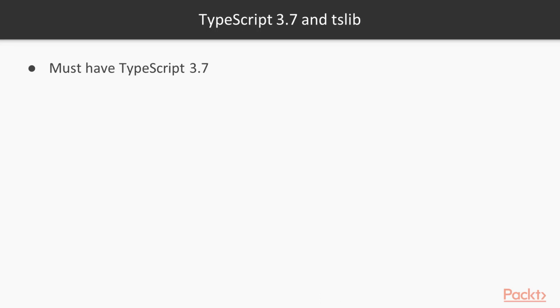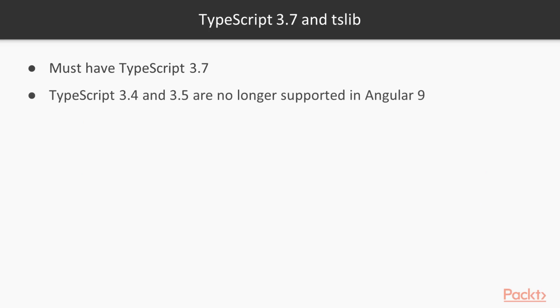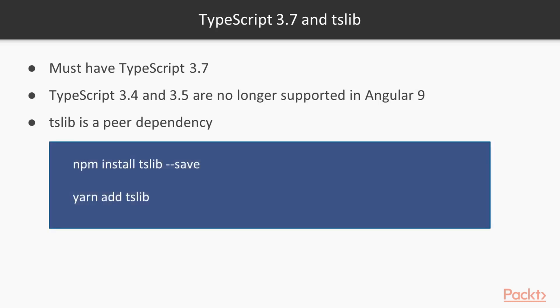So TypeScript 3.7, you must have that installed, and I mentioned that 3.4 and 3.5 are no longer supported. The tslib library is a pure dependency. That means if you did not create your project using the CLI, then you have to manually install this library, either using yarn or npm, as you see here. All right, so let's just take a quick look at how ngcc works